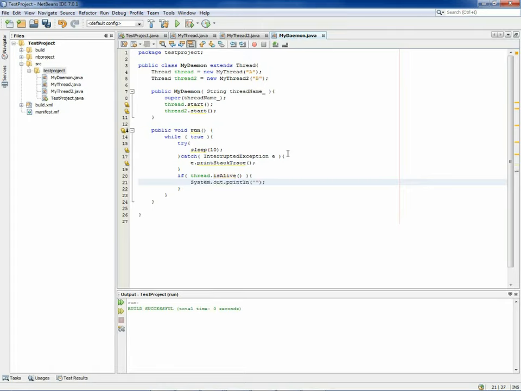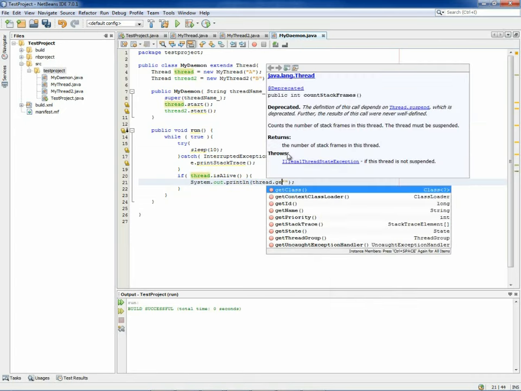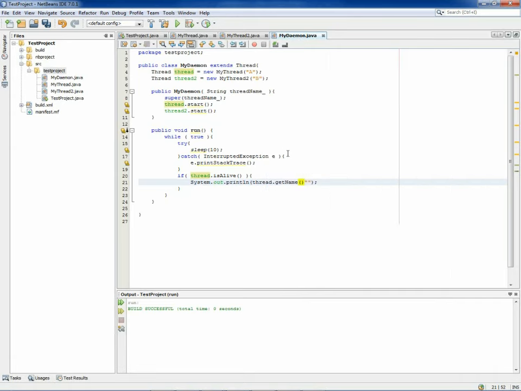I'm going to write out that this thread is alive, that thread dot get name is alive, and